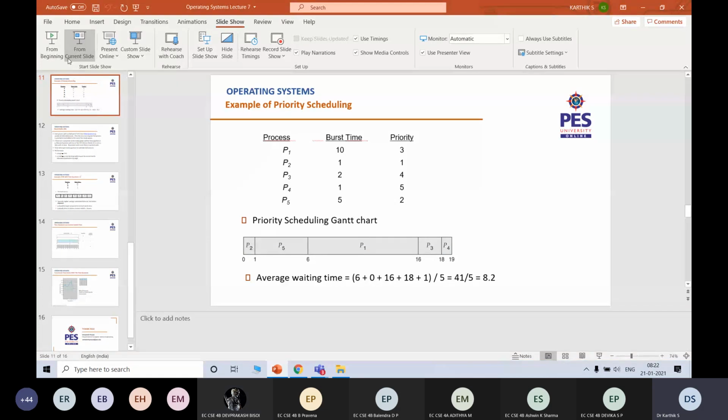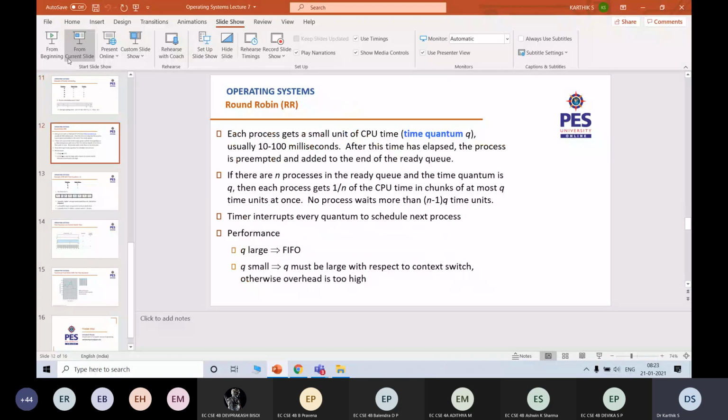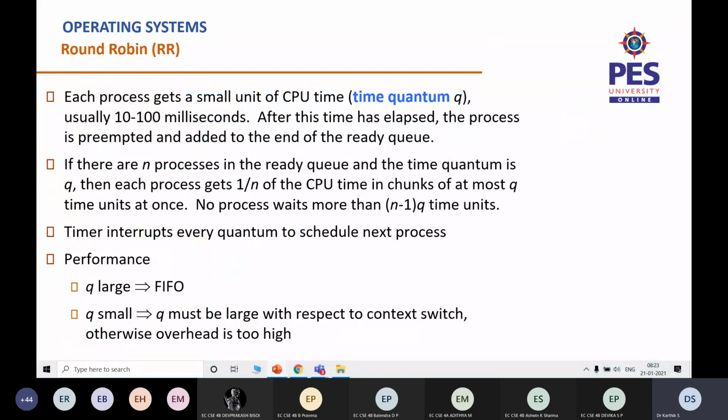Okay. So this is about the different algorithms that we have seen so far. Let us do one more algorithm, which is called the round robin algorithm. As the name itself says, we are going to give a chance to every process, in a kind of musical chair. We fix a time quantum for which every process needs to execute, say 10 milliseconds. Let us say there are five processes: P1, P2, P3, P4, P5.